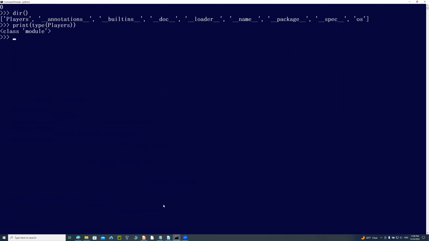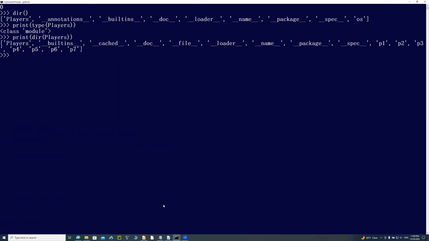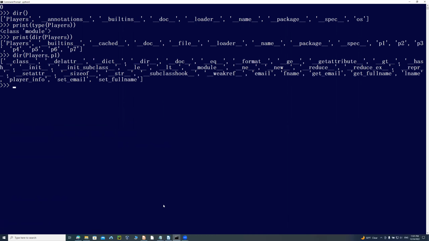And then if I say show me the directories of this pillars here, it's going to say these are the things that you can do with the directory for P1 and this. So if I want to get to P1 here, then I say dir of pillars.p1. This would show me all the methods I can use, in addition to the user defined methods